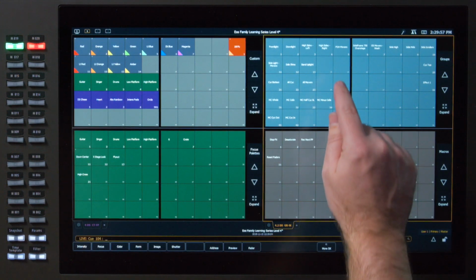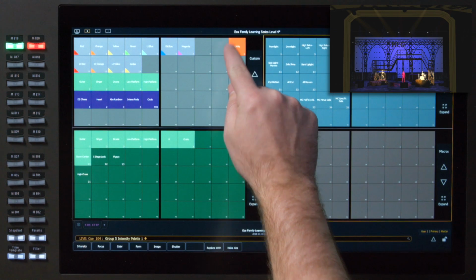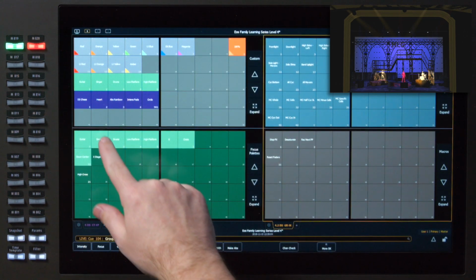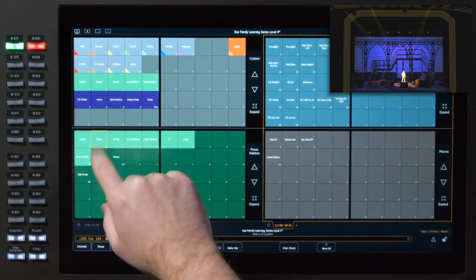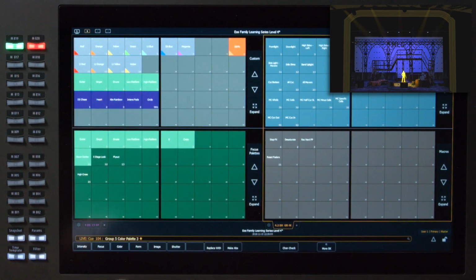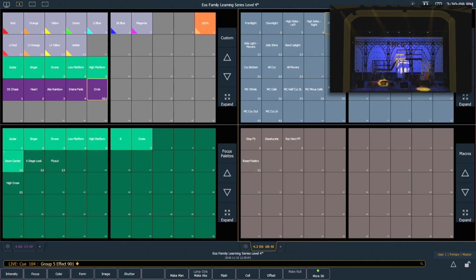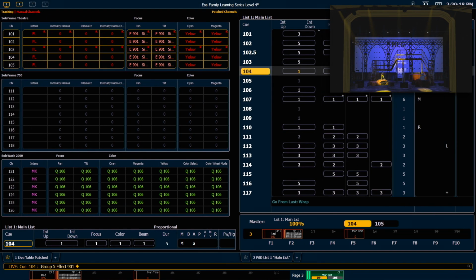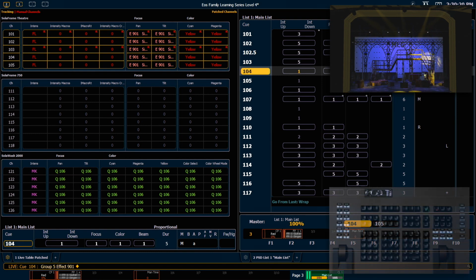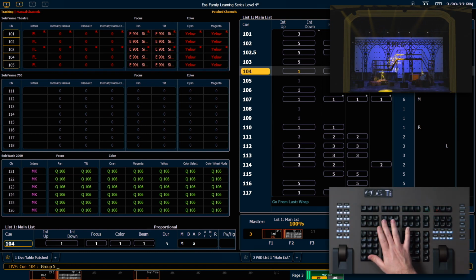And I'm going to grab my front of house movers, put them at full. I'm going to put them on the singer. I want to make them yellow. And I'm going to run effect 901, which is here in my custom direct select, which is my circle around that area. So if I want to record that into a sub, it's as simple as saying select last, record,